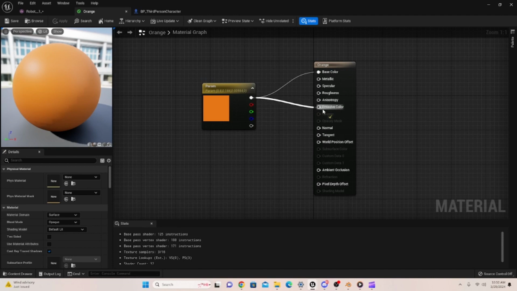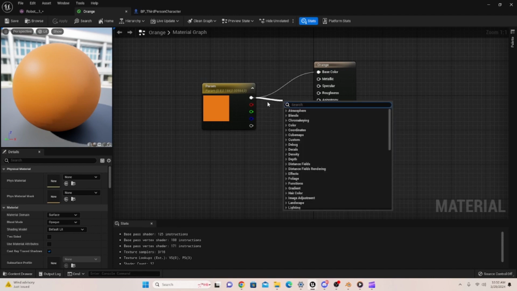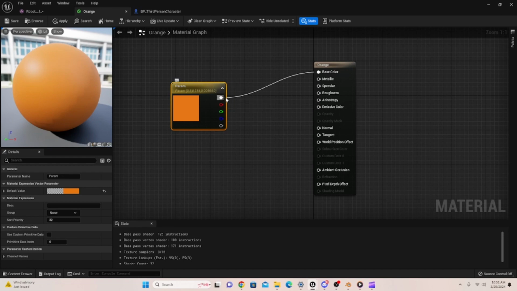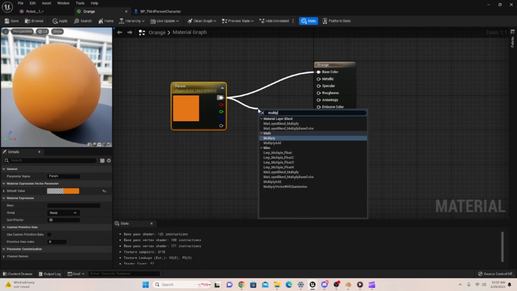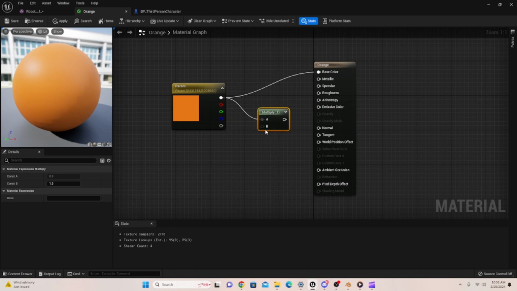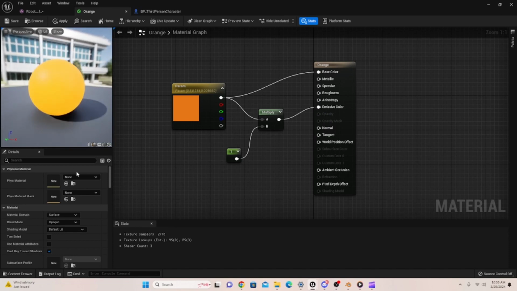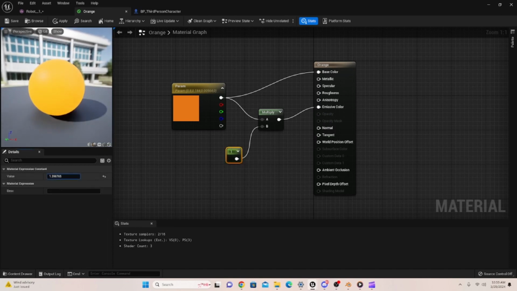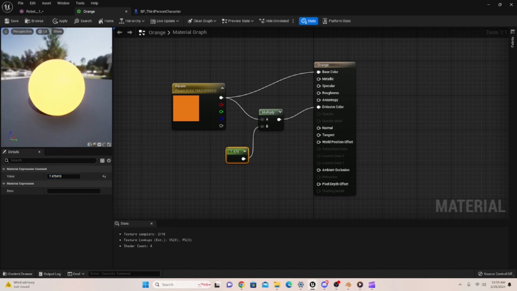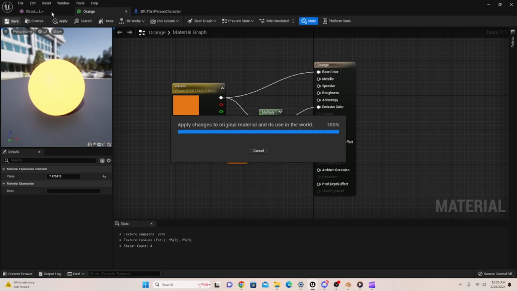However, you might be thinking, how do we put both of those things into here? We're going to be using a multiply node. So if I drag out right here, and drag it on multiply, basically the color multiplied by the amount of value we have, the more emissive it's going to be. So if I hold down 1 for a constant, I just drag this into B, and I could set this to like 1 for example, and then drag this into emissive color. As you can see, it's a bit more emissive. I can raise this value a little bit more, like so. Make it even more emissive. And this is pretty good right here, about 7. If I click save,